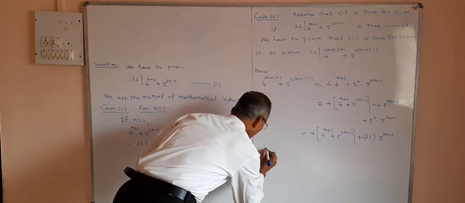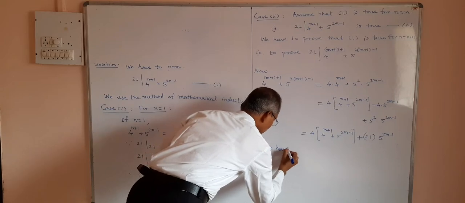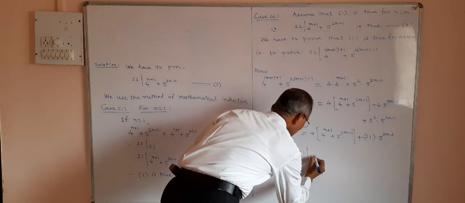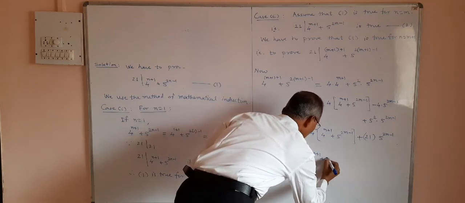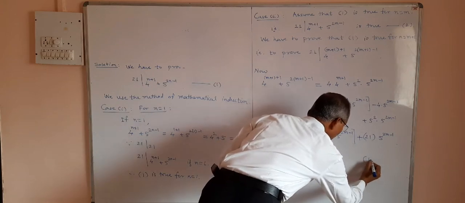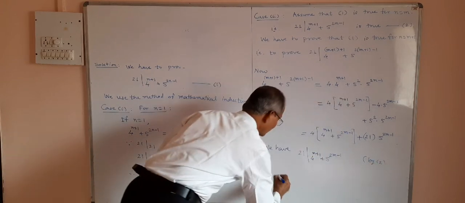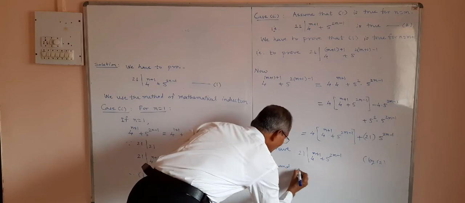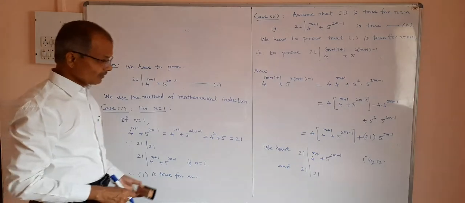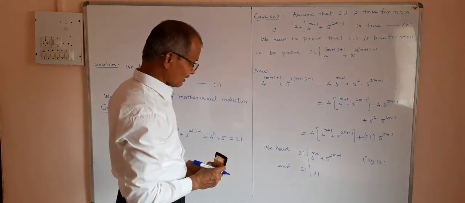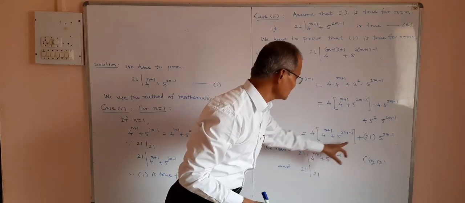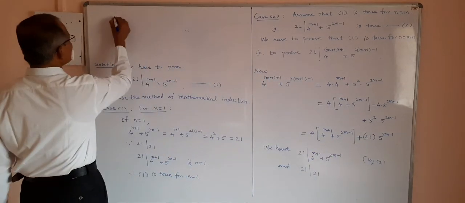So we have 21 divides 4 raised to m plus 1 plus 5 to the power 2m minus 1. This is by the second assumption. And 21 divides 21, this is obvious. Every integer divides itself. And thus 21 divides a combination of these two, and the combination of these two is here. So therefore 21 divides,